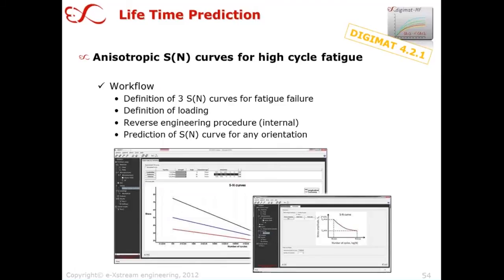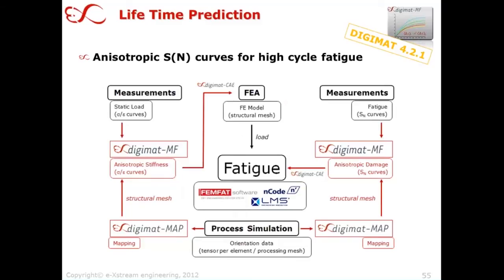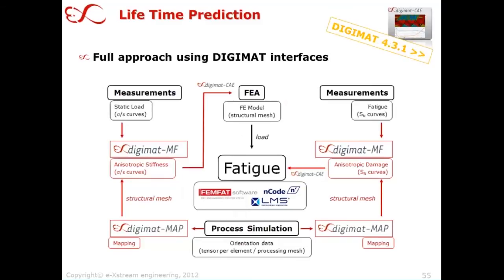It just happens, and then it predicts the SN curve for the orientation that you have given in DIGIMAT MF. And so this is available with the current software. And this is the base for new interfaces to come, and they will come with upcoming versions of our software,